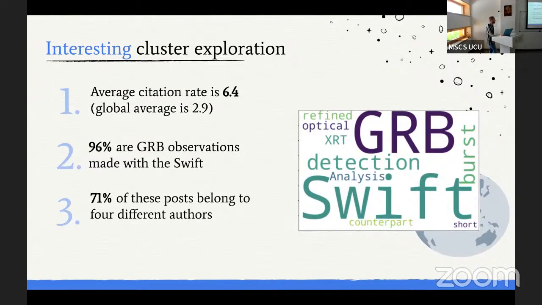good conclusions. So first of all, the vast majority of these telegrams had a combination of the gamma ray burst source with the Swift telescope, which suggests that the combination of a source and a telescope is a more powerful signal than the source or telescope alone. And the second thing is that the majority of the posts belong to only 4 different authors. So we can say that there are some authors who are probably more successful in terms of their citations. Maybe they possess more powerful resources to do research and so